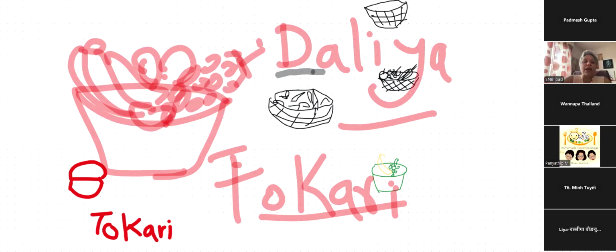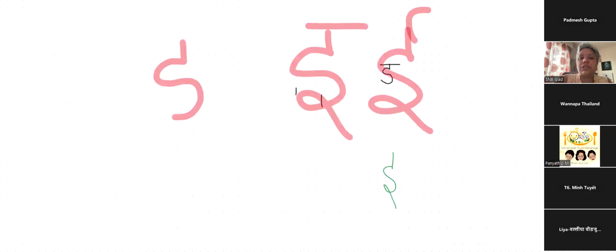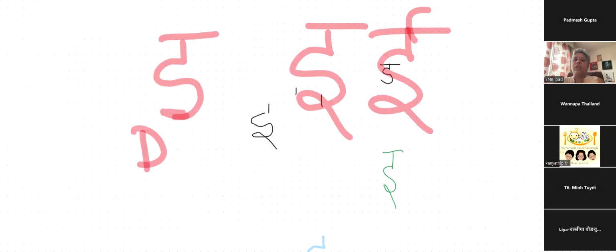Okay, now how do we write the D? Again, it's very easy. So we take E. You know how to write E. E we write like this. You remember? E like this. So we are not going to draw the tail of this. That's it. And this is D. This is E, but we are not drawing this part. So then it becomes D.